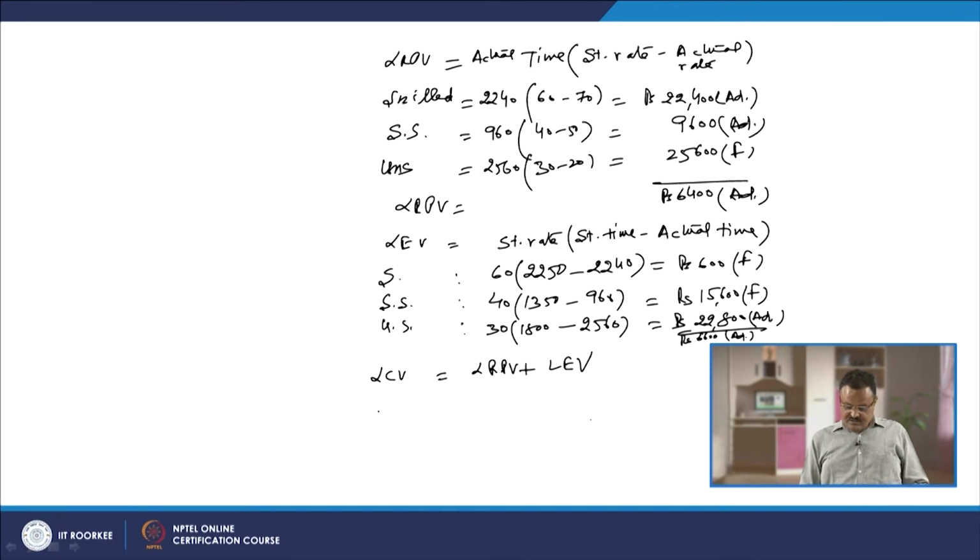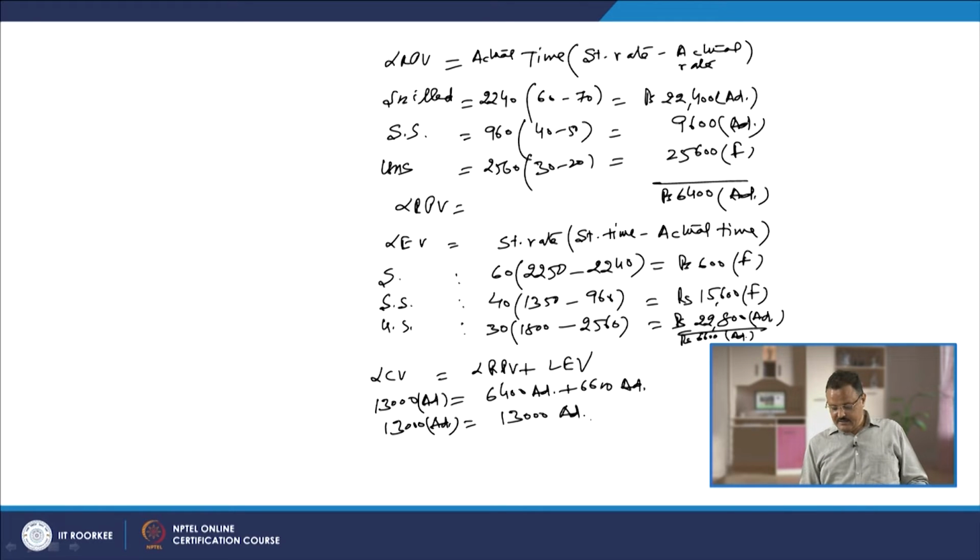So, what was the labor cost variance? 13,000 adverse, right, and this is 6400 adverse plus 6600 adverse. So, 13,000 adverse is equal to 13,000 adverse, and we have found out that this adverse variance, that is the labor cost variance, has been because of